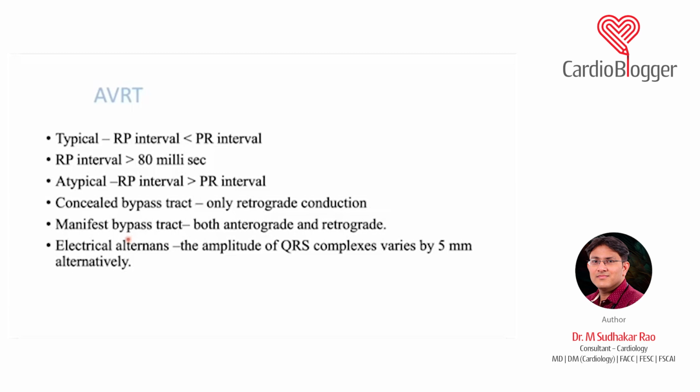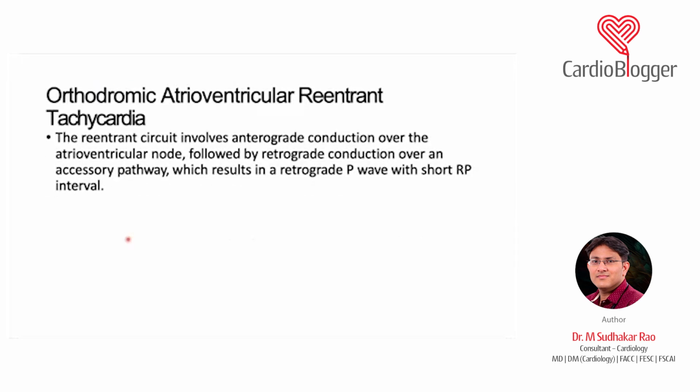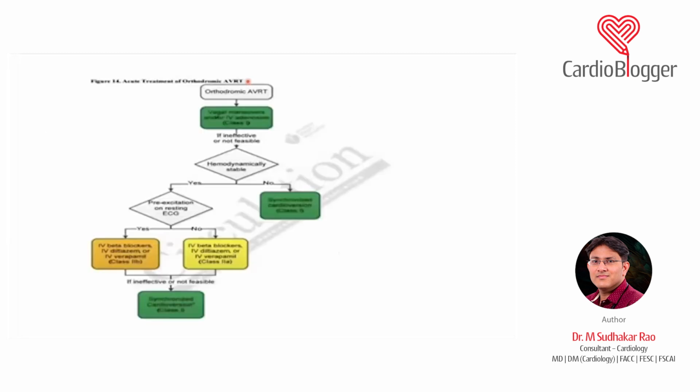As I told you, the orthodromic AVRT is more common than the antidromic, and the orthodromic are usually narrow QRS tachycardia. Why? Because the antegrade is from the AV node to the ventricle, and the retrograde is from the ventricle via the accessory pathway to the AV node. That is why it is narrow QRS, because it is occurring via the slow pathway, which has a decreased refractory period. Whereas the antidromic